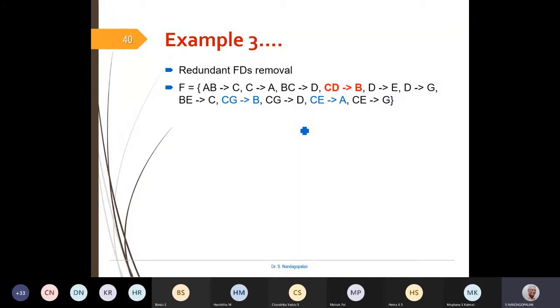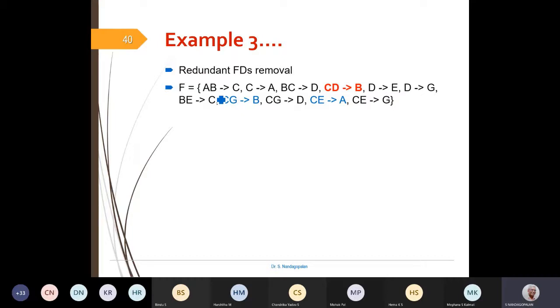Okay, now we have to go for removal of the redundant FDs. So we have checked the attribute removal from the left side. Now, any redundant FDs? How to do that? This again can be tricky, as you have to check with transitive dependency or augmentation and things like that.